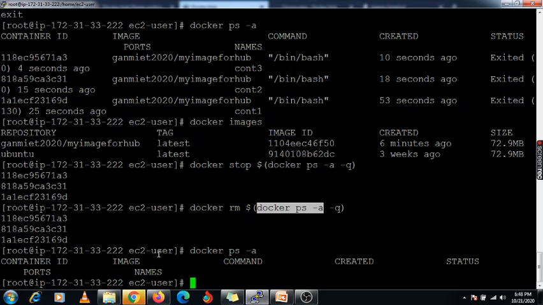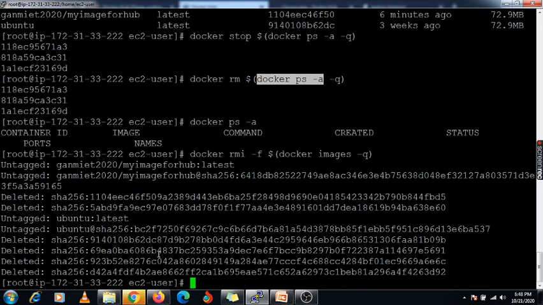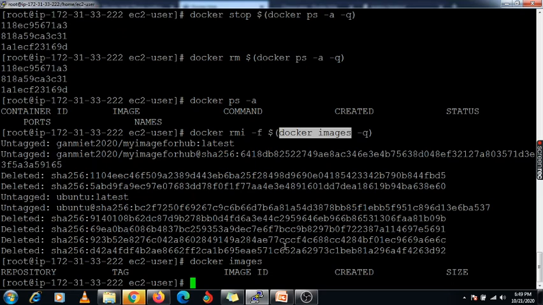If you want to remove all the images, docker rmi is the basic parameter we are using, and you need to specify the -f option to remove it forcefully. Same option in brackets, docker images with -q. Close it and enter. All the images are now removed from your machine, so there are no images available.